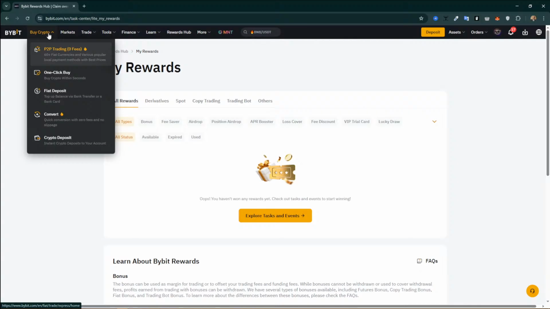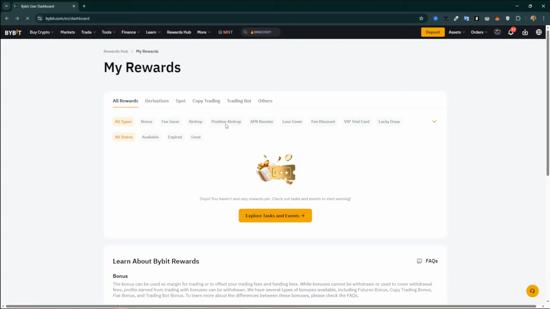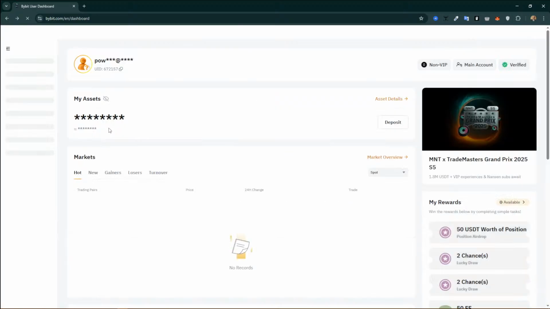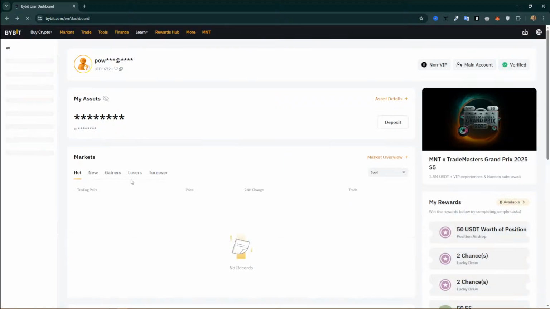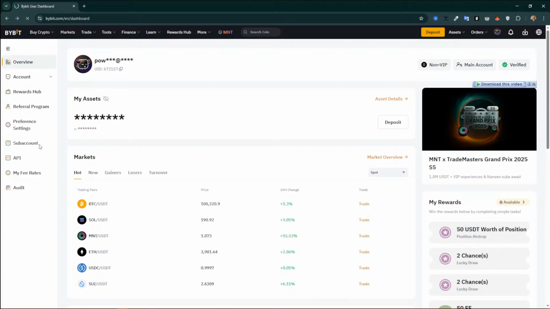Okay, let's go a little bit back before we go to depositing the crypto. Let's go back a little bit on the account overview. Alright, so again, from your account overview, we have sub account. I think those are for affiliates, fee rates, and the API that we talked about earlier. So let's get started with clicking on the deposit button. So this deposit button right here